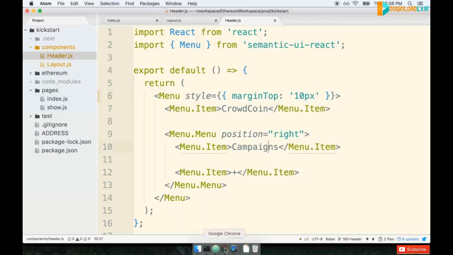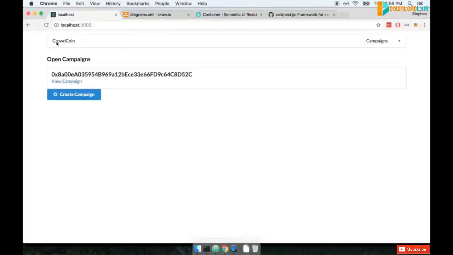All right, so let's go back over and see how we're doing now. Just a little bit of a standoff there just to make it look a little bit nicer. Well, I don't know about you, but I think this application is definitely coming along and it looks pretty good